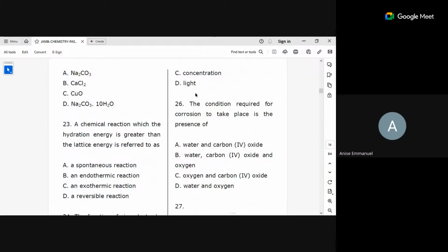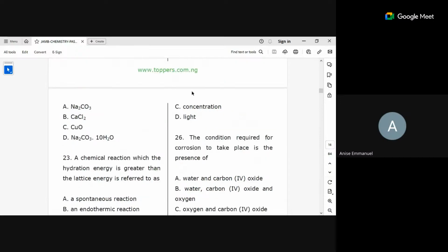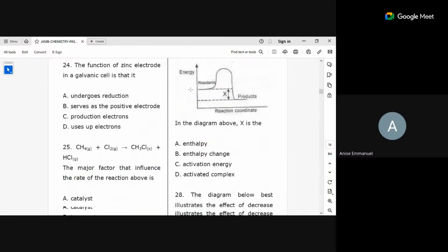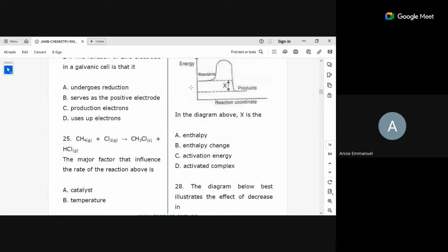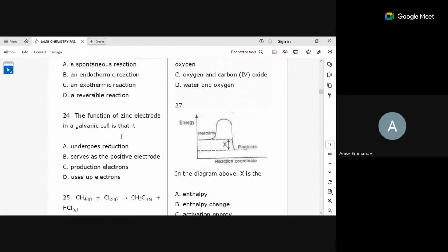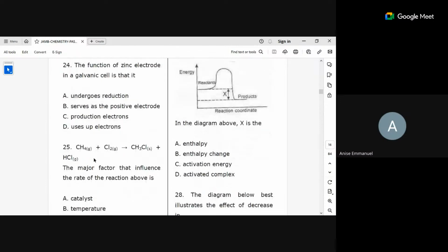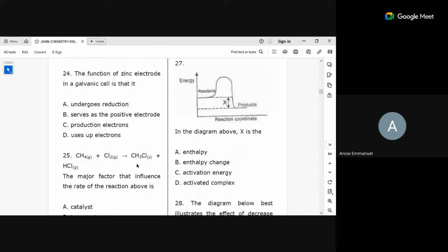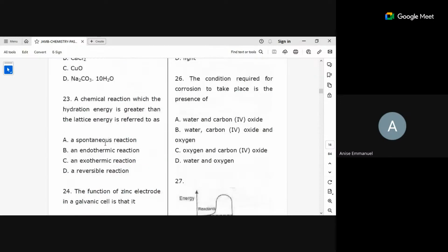Look at how chemistry is very interesting. Very sweet. Initially I was thinking, should it be gas pressure, or should it be temperature? But I discovered temperature will not go here, because we have gas here. Catalyst should not be the best answer here. Likewise, concentration should not be the best answer. We are dealing with gas, and only this one is solid. So here is ultraviolet light. So the answer is light.